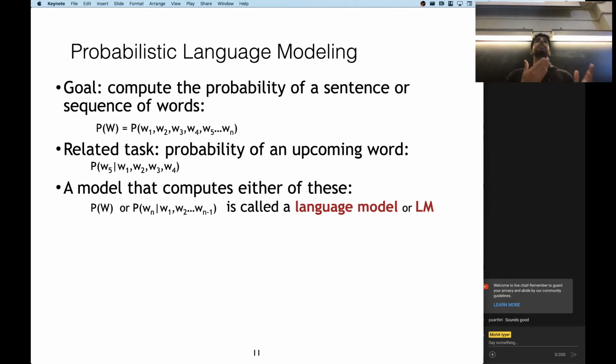These are both called language models. You don't necessarily need to have a model that can do one or the other, but both of them are,